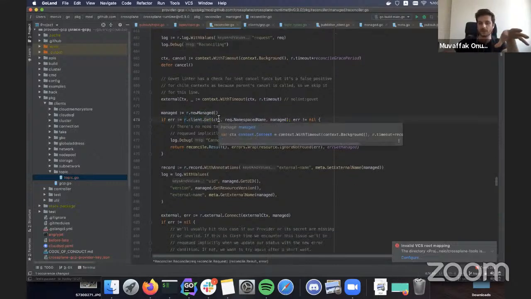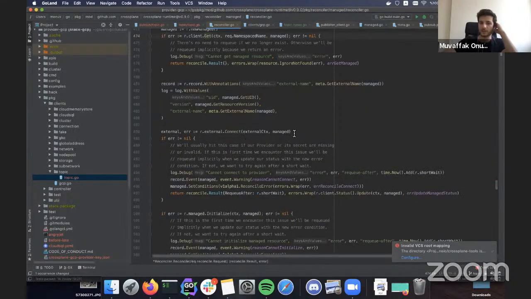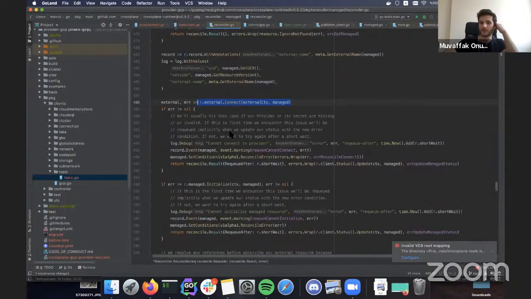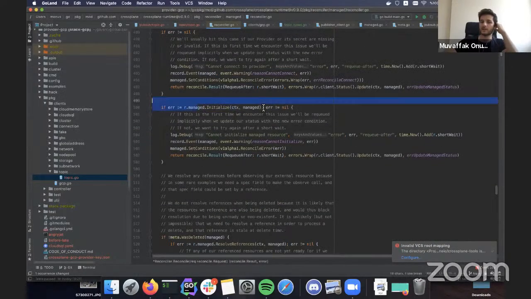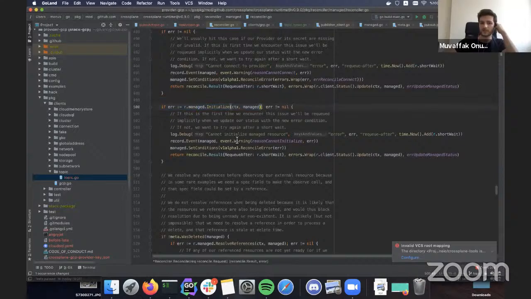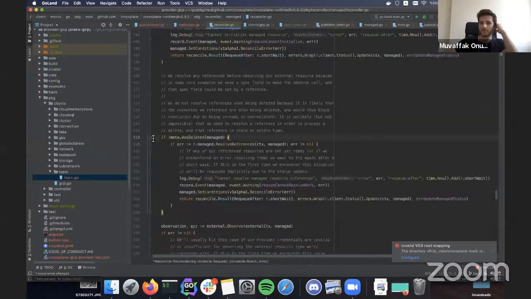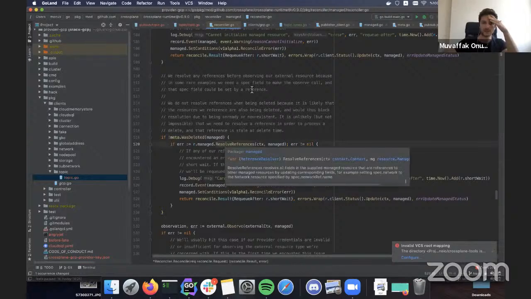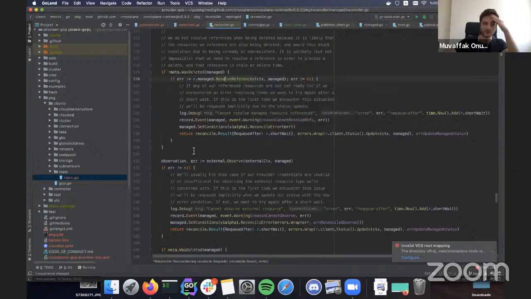See, this is all generic and used by all resources. The first thing it does is call the external connect method that we supplied. Then there are some initializers, like the external name initializer, and it checks if it's deleted. If it's not deleted, there's a resolve references function call here that we will come back to later on.